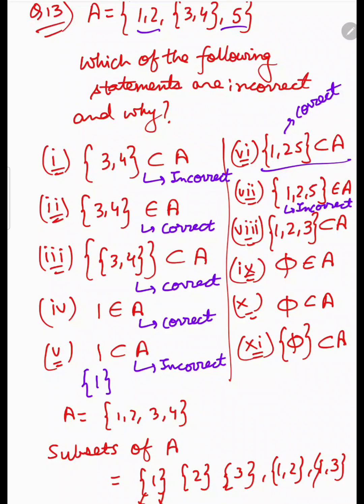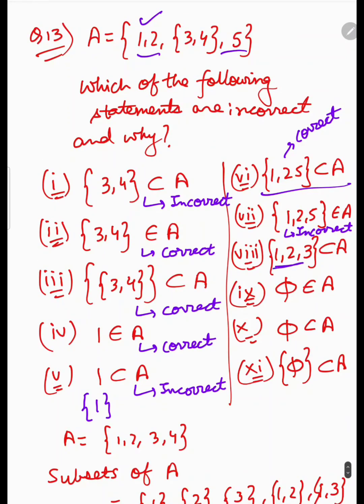नोटेशंस बहुत इंपॉर्टेंट है सेट्स में, और इसमें क्वेश्चन आता है, एमसीक्यूज आता है। अब नेक्स्ट 1 2 3, क्या 3 एक एलिमेंट है ए में, नहीं है, 3 एलिमेंट नहीं है, ये एक अलग ही एलिमेंट है, इसके अंदर वाला नहीं देखना है, ये टोटली एक एलिमेंट है, सो इनकरेक्ट। अब 5 वाला देख लीजिए,